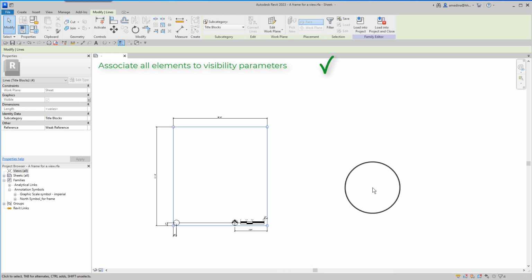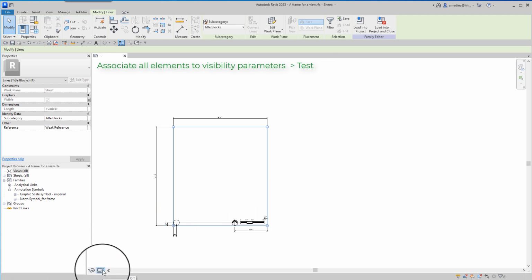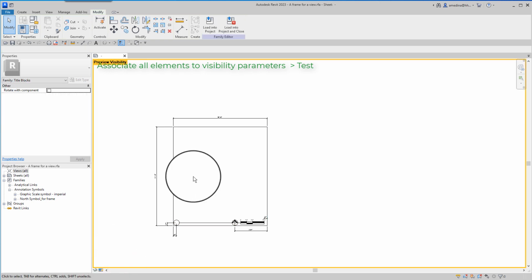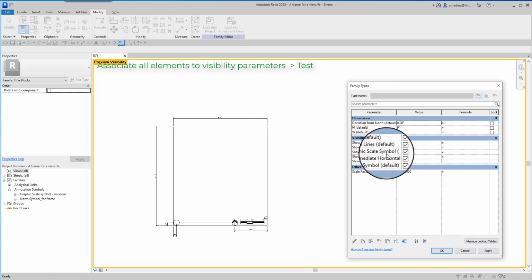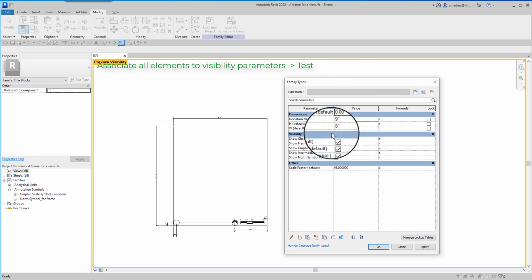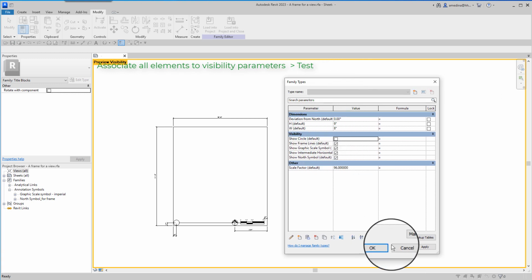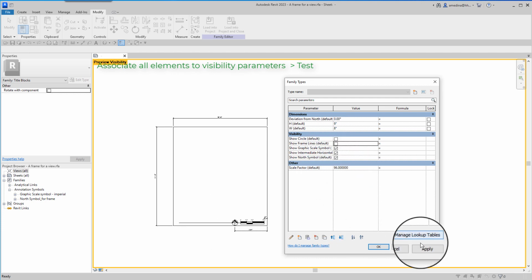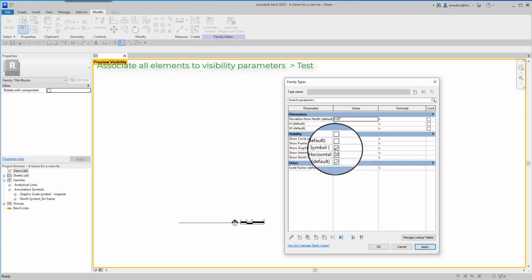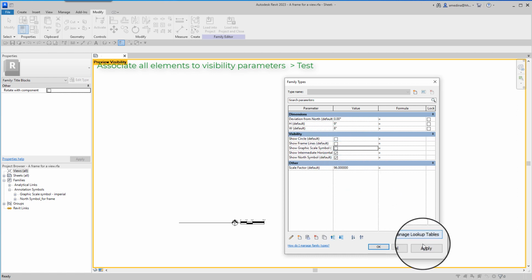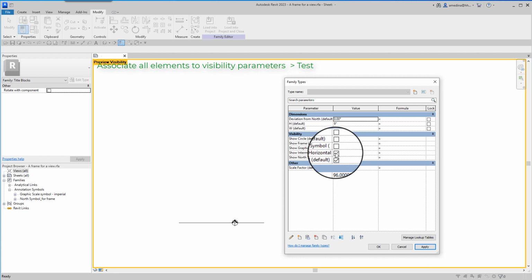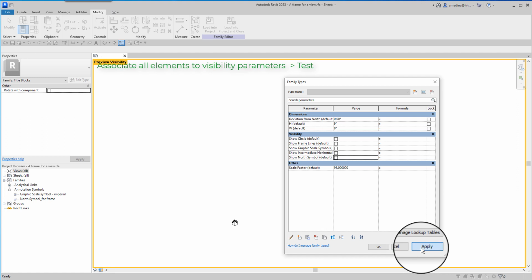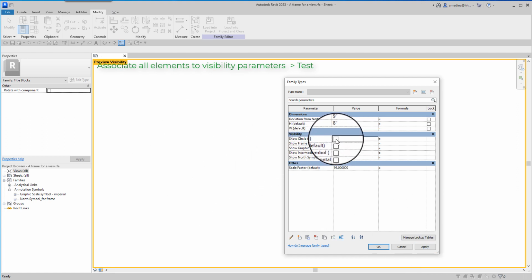How do we test these things? We activate the preview visibility like this, and then we go to family types and start turning off these things and using the apply button. Yes, it works. This frames, it works. Show graphic symbol, show the intermediate horizontal, and show north symbol until everything disappears.